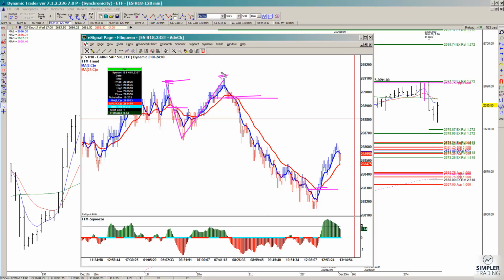So again, I didn't expect you to get the exact high and the exact low, but if you can catch some of this in the middle, then typically, that's a nice little day trade for you. So that's what I try and do in the main room. At least, we look at the NASDAQ and the S&P in there, and then the rest of the stuff is typically on the